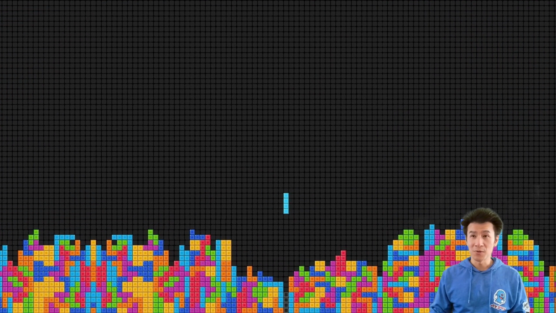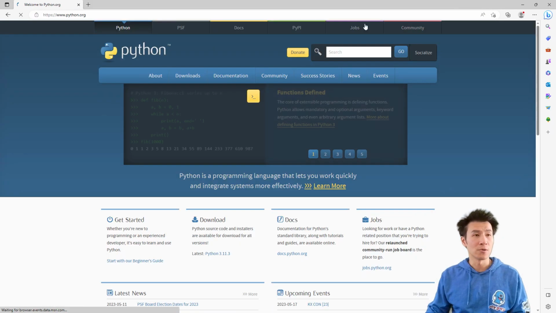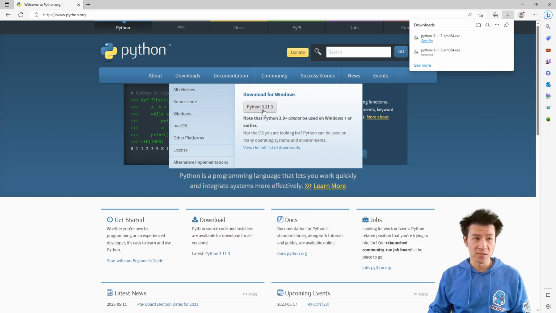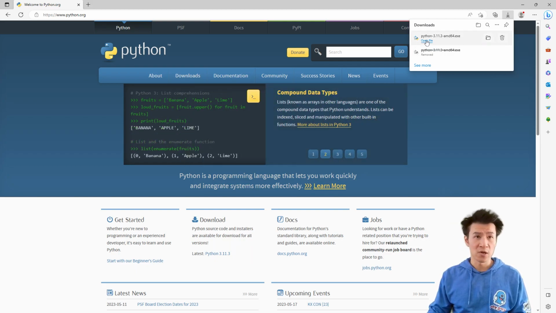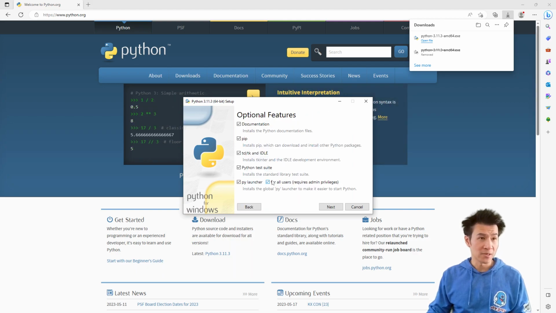Let's start by installing Python, so open up your browser and go to python.org. Hover over the download section and just download the one for your operating system. The current version is 3.11.3, but by the time you watch this video, there's a good chance that there'll be a different version. Click on the add python.exe to path, click customize installation,